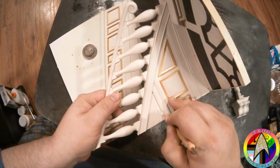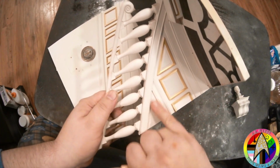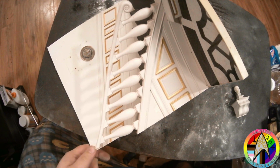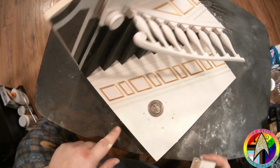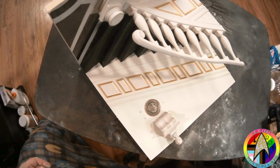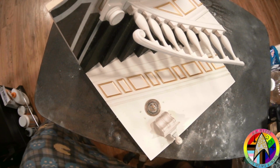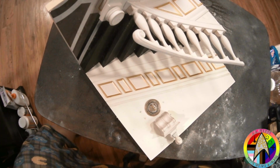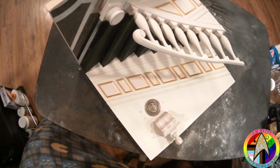Since I've actually got my little shaping tool. Okay. So, all the holes that need to be filled in are filled in. And see, this will get glued back onto there. I keep debating on whether or not I want to cut that base down a little bit. I don't know. But anyways,